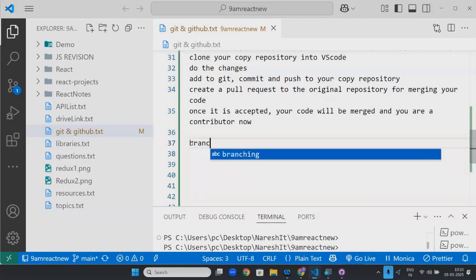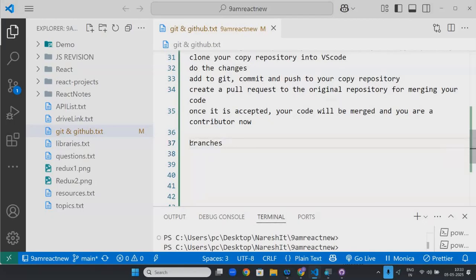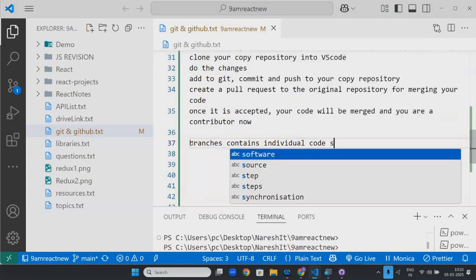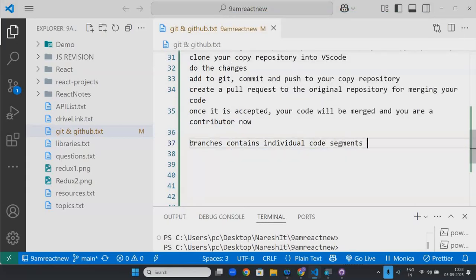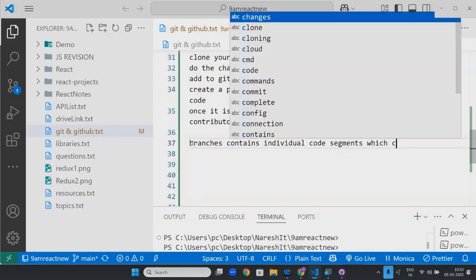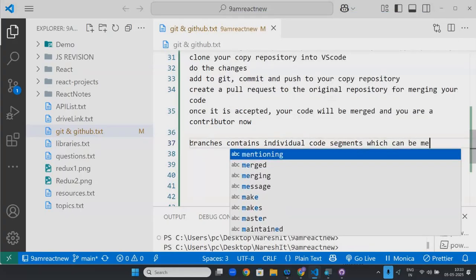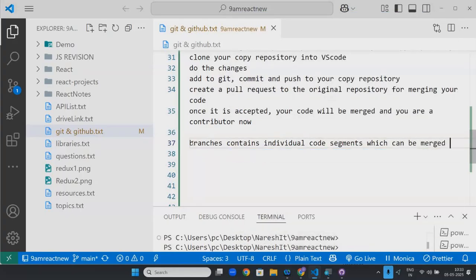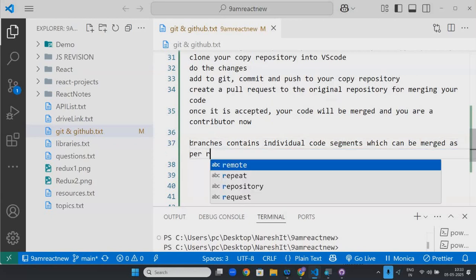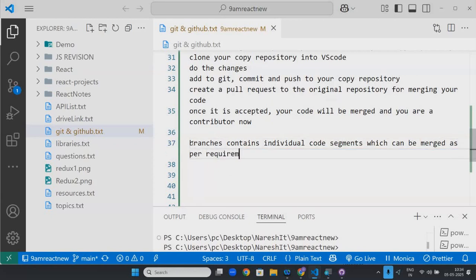Branches contain individual code segments which can be merged as per requirements.